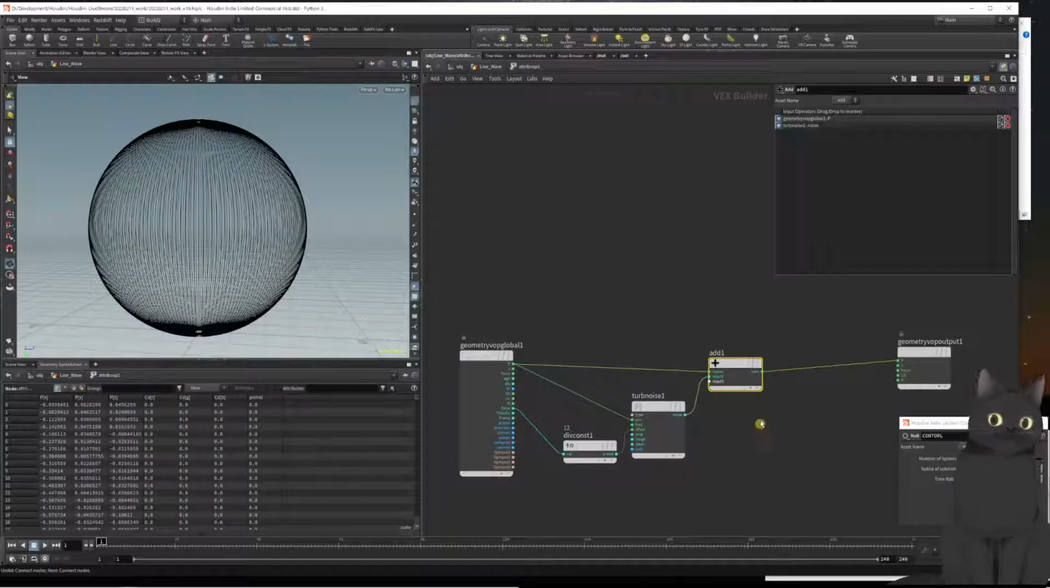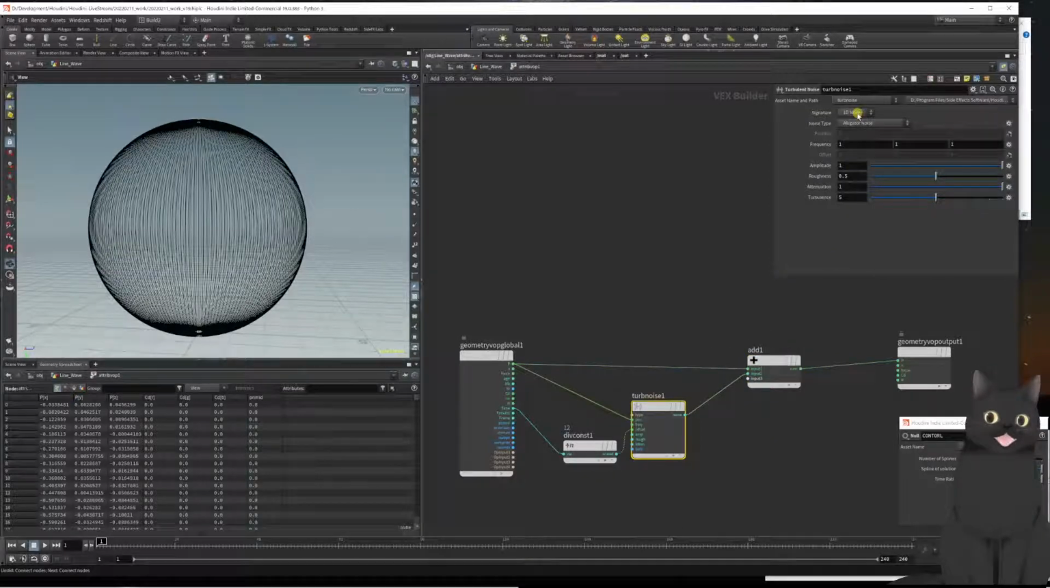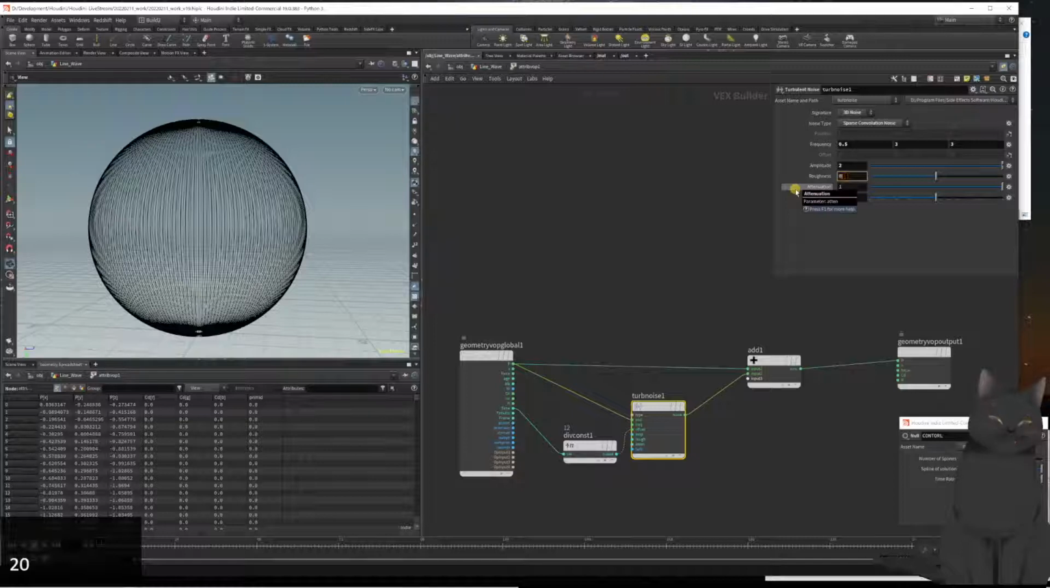just turbulent noise, and we have signature set 3D noise, noise type. I've set that to sparse convolution, frequency is 0.533, amplitude is set to 2, roughness to 0.7, attenuation to 1, and turbulence to 6. Then I drop an add node and I feed the position to the